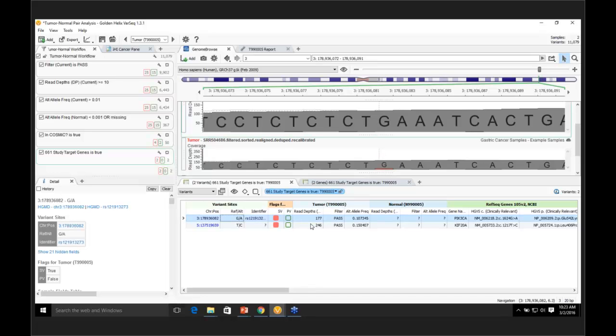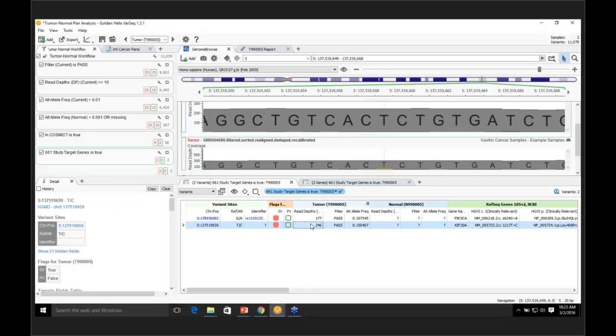And we can do this for our other variant as well. We can look here and we can see that this variant is not present in the normal sample at all, and it is present in the tumor sample at a read depth of 42. And so once we're happy with the quality here and we realize that these variants do not appear anywhere in the normal sample, we can go ahead and use these variants to generate a report